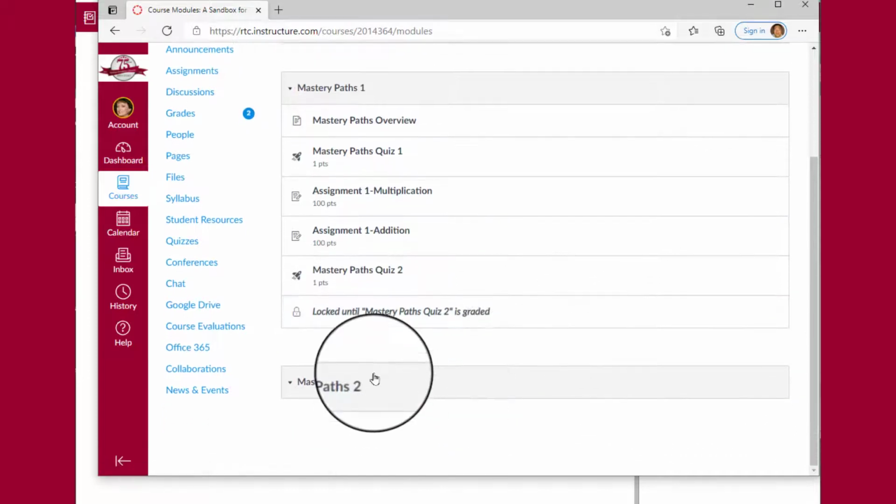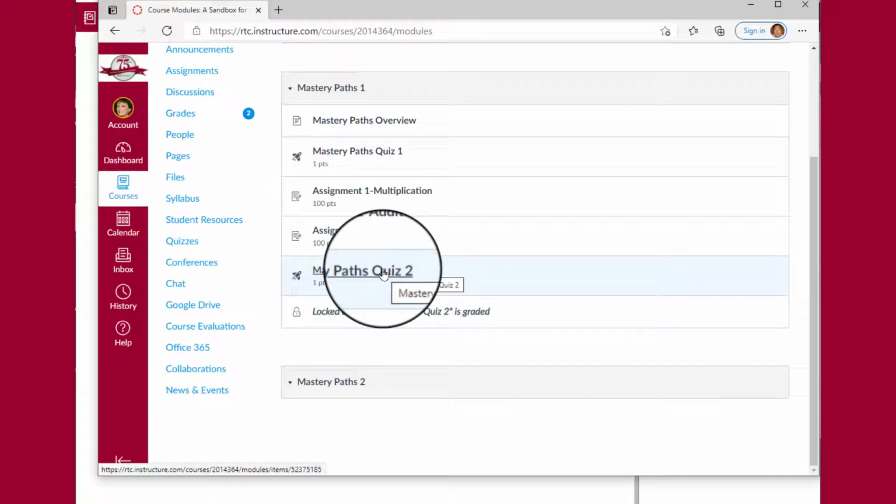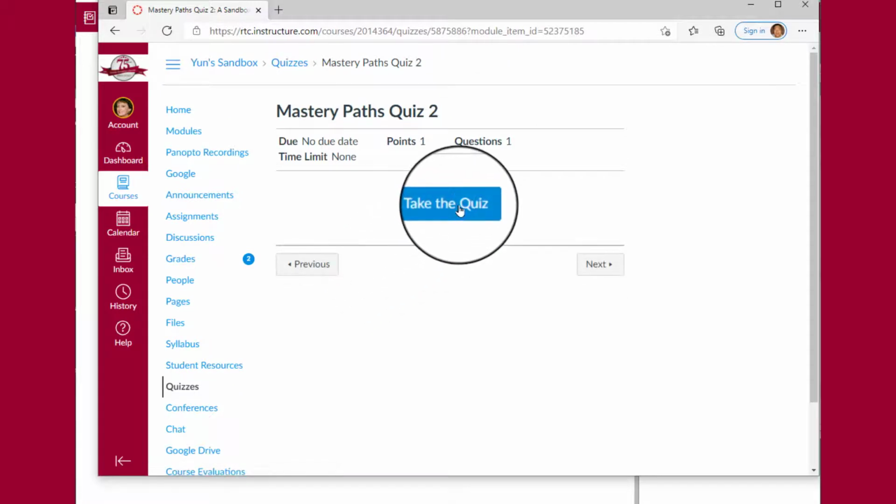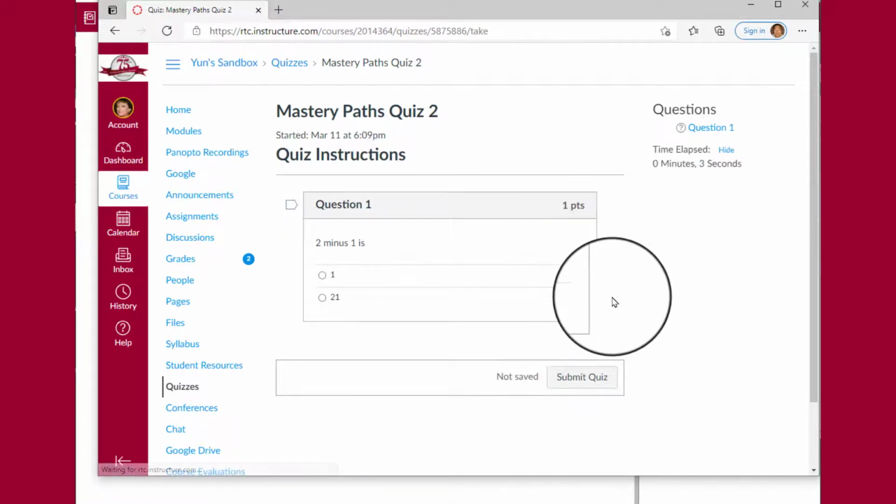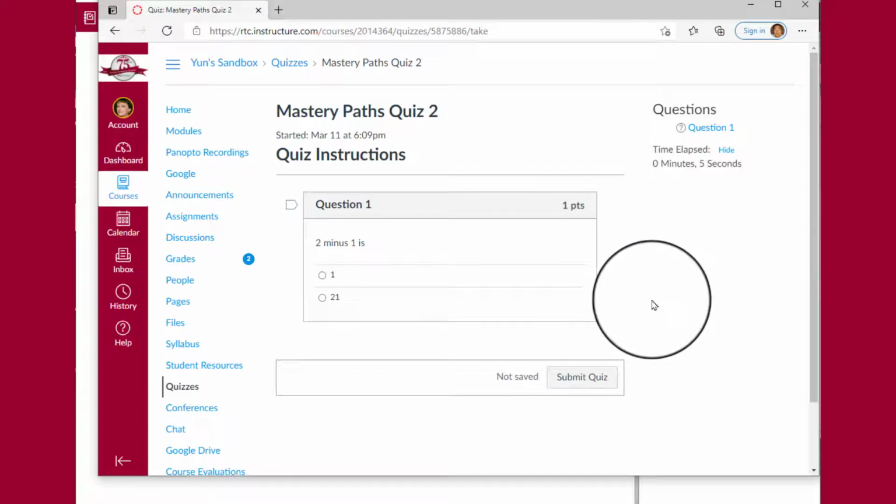Okay, there you go, quiz 2 opens up, and it's basically the same scheme, whether the student has mastery of this level, and depending on my performance, I'll be ushered to different pathways. So this is again a very simplistic approach in mastery path. It's based on the student's performance, but it doesn't have to be just student performance. It could be just